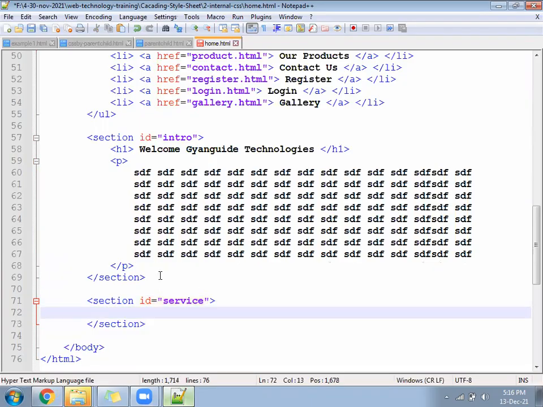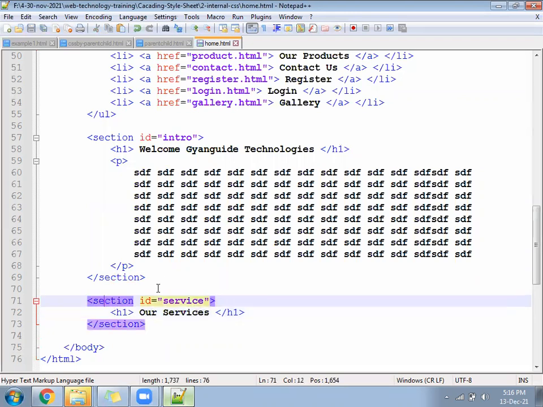And here also we will write an H1 saying our services. If we write a section of H1, then both places will get the same font size. Because in the current page, how many sections? 2 sections. Both sections have H1. We want the first H1 to be bigger and the second H1 smaller. Go next.